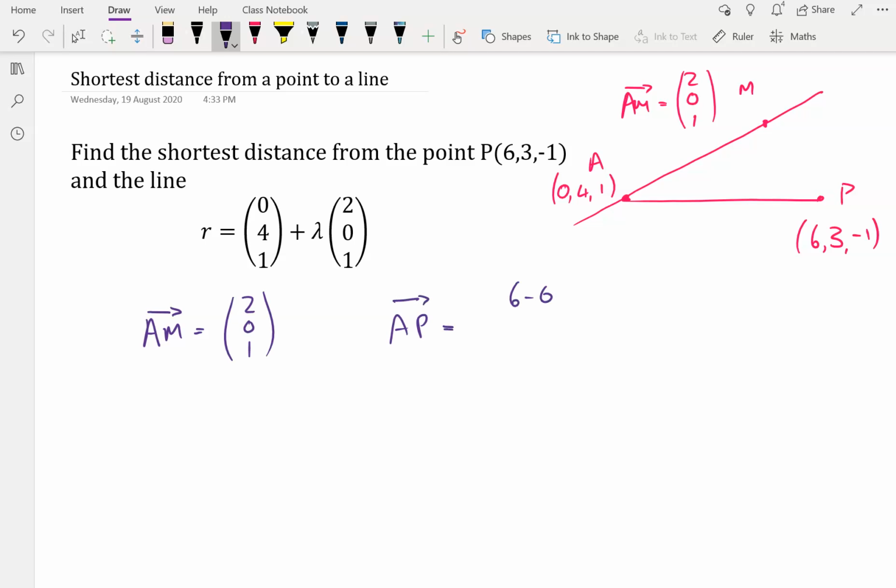So I now have enough information to work out the size of that angle that's going between the vector AP and the vector AM. So I can say that the cos of theta is going to be AP dot AM divided by the magnitude of AP, which is the square root of 41, multiplied by the square root of 5. And if I work out that dot product, it's going to be 6 times 2, which is 12,